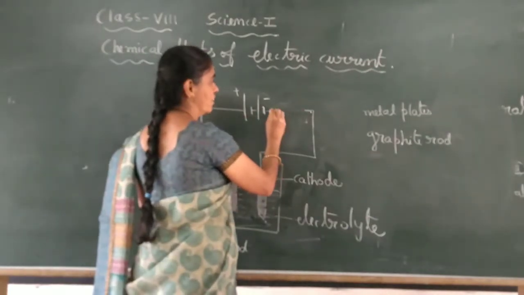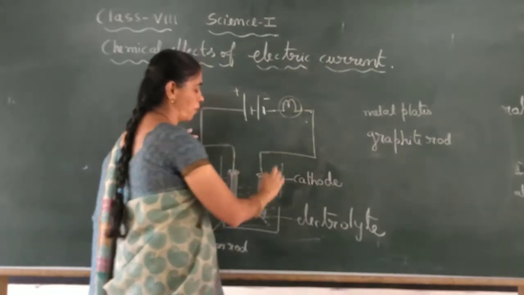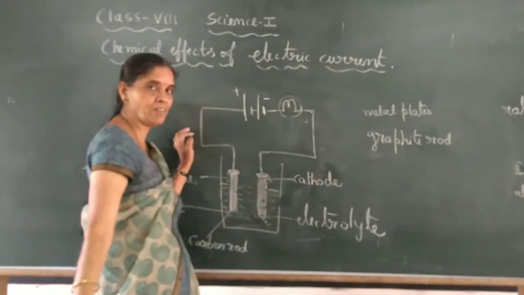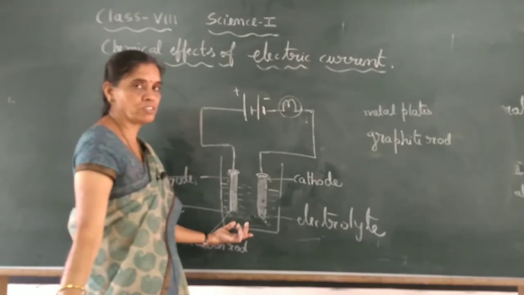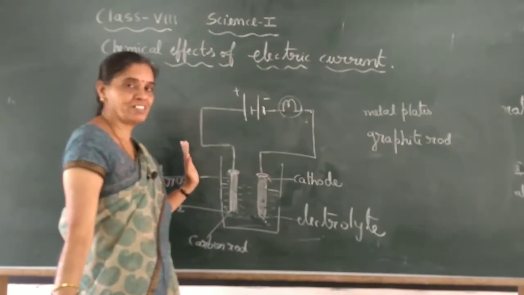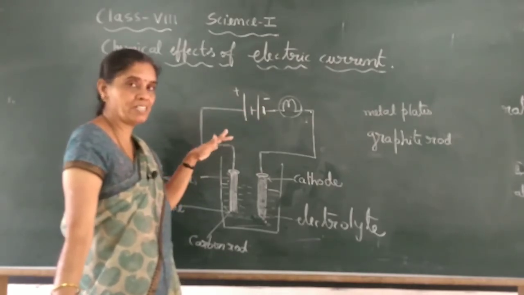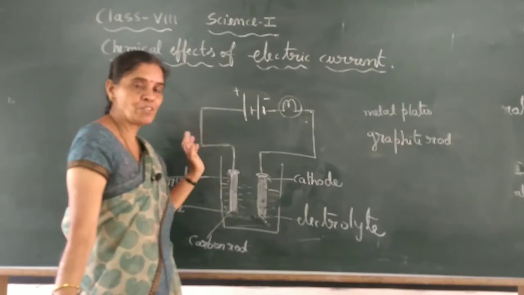In the textbook they are not given, you may use a bulb here just to see whether current is properly flowing in the salt solution or not. Okay, the bulb will glow, which indicates current is flowing. Understood? Because you may not connect these wires properly, you may think current is flowing in the solution.